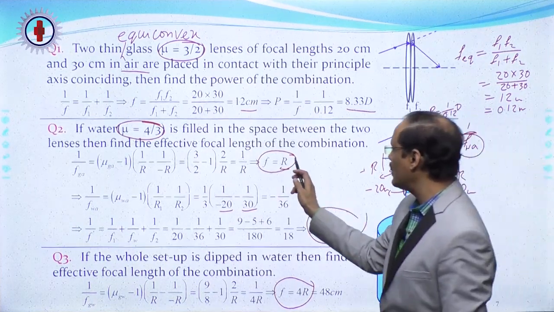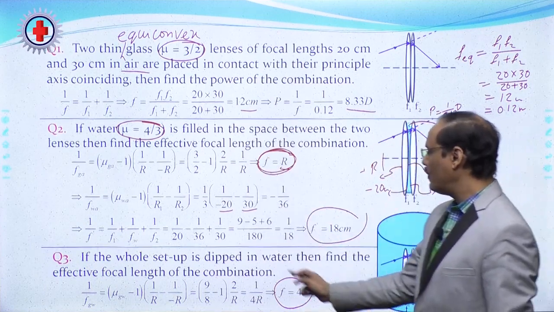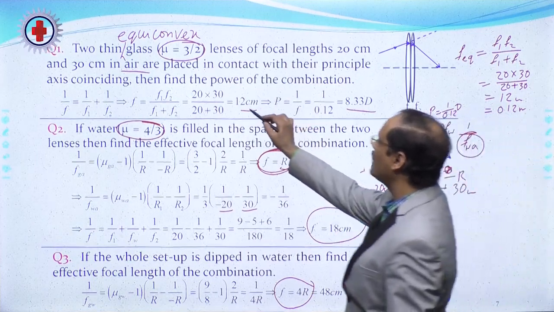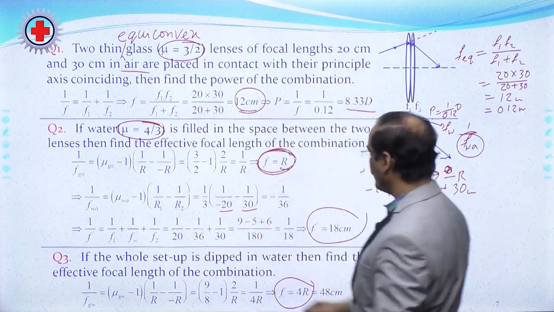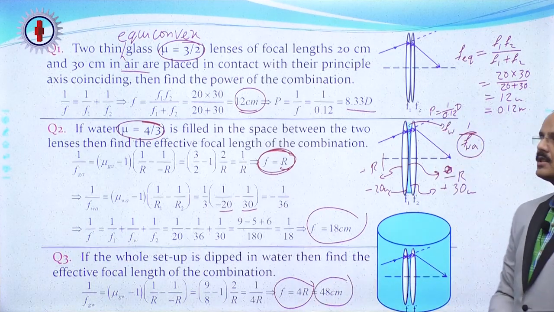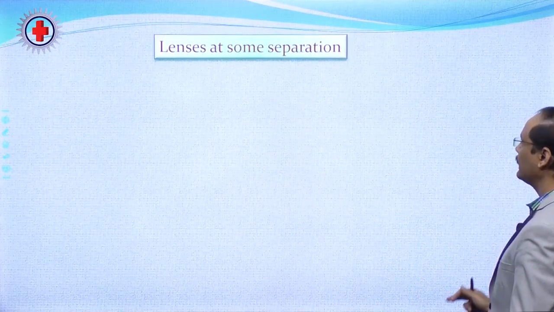So, previously the glass lens in air had focal length equal to the radius of curvature, and now for the glass lens in water it is 4 times the radius of curvature. So, initially it was 12 centimeter, now 4 times of that, it is 48 centimeter. So, this is how we could get the focal length of a combination of lenses.